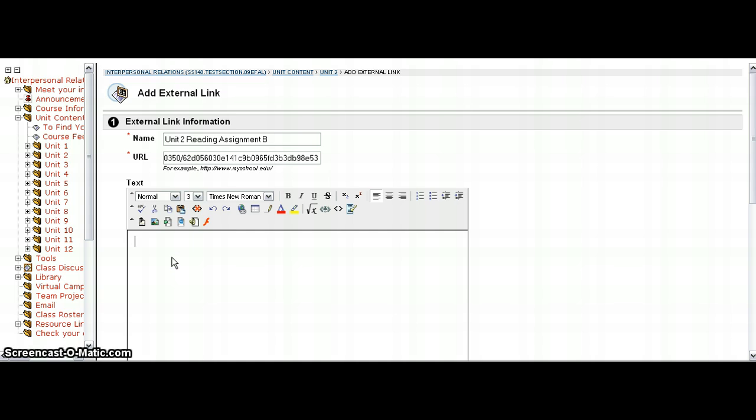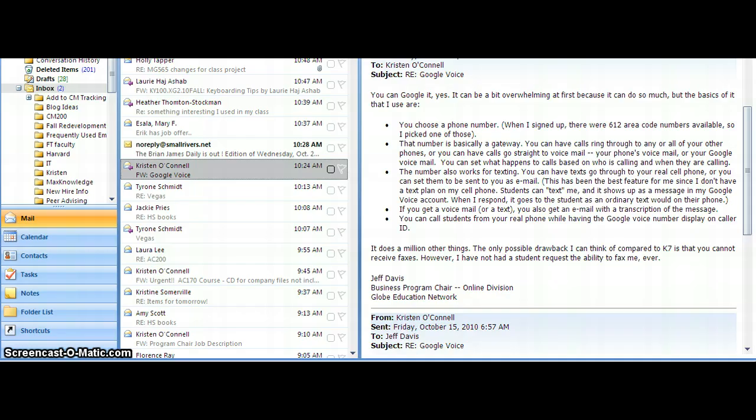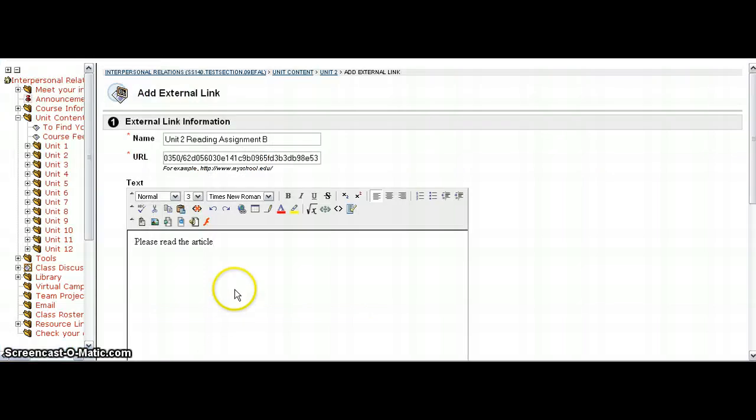And then in the text box, I'm going to explain to students what this reading assignment is. So in this case, I'm telling them, please read the article, and the title of this article is, let's see, where did I have it? Influenza Pandemic Planning at LHSC. I'm going to copy that title and paste that in here. Please read the article Influenza Pandemic Planning at LHSC,